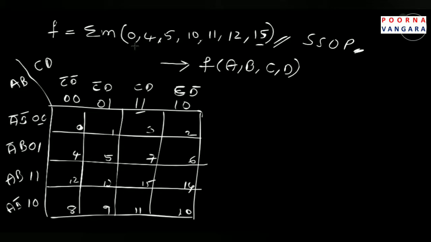So, now these are the true minterms for which you need to put 1. If you are keeping 1 in the cell, that means that particular minterm is giving output as 1, right? And 4, 5, 10, 11, this is 12 and 15, right? So, now we need to group the minterms which are having 1. That is what we do in the normal procedure also. Why do we want to group them? If you group them, you can take the common literals outside, and the remaining literal which is having complement form and normal form can be deleted.